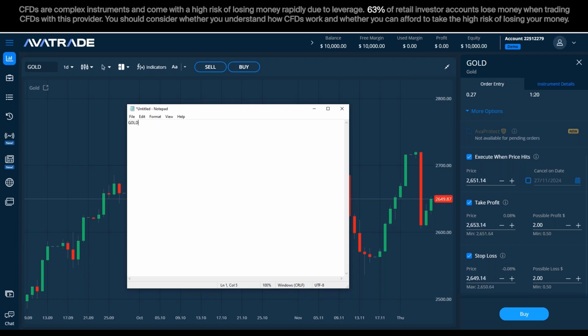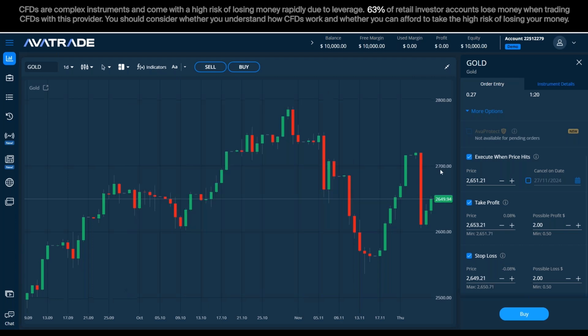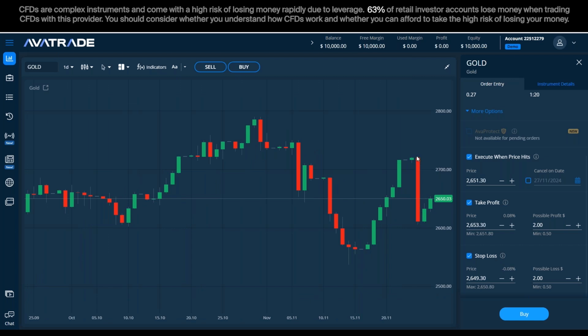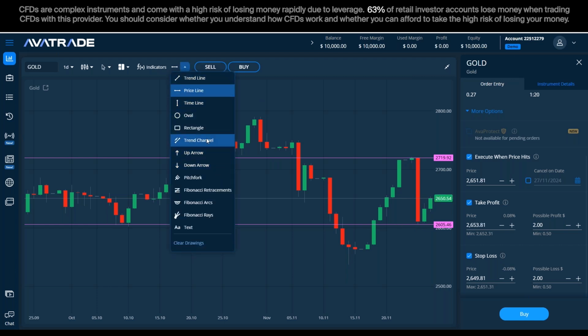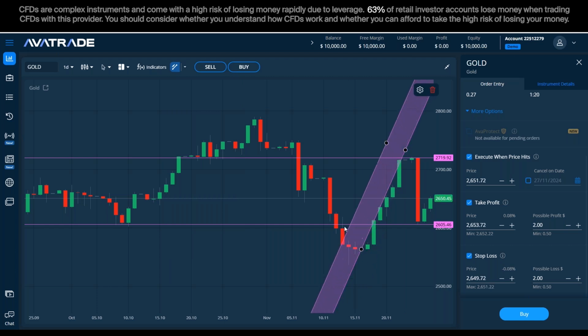Now let's jot down gold. Now, when we see gold, as we've probably understood, 2 days ago it dropped nearly, I think a little more than $100, 112 or 111, something like that. We can also expect, as we can measure the momentum here with a trend channel,